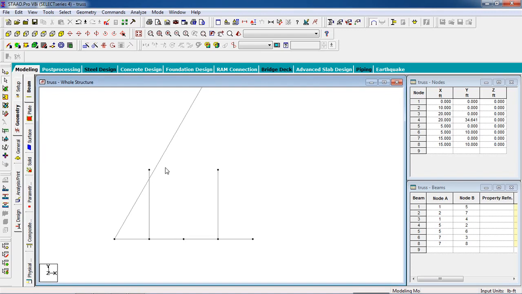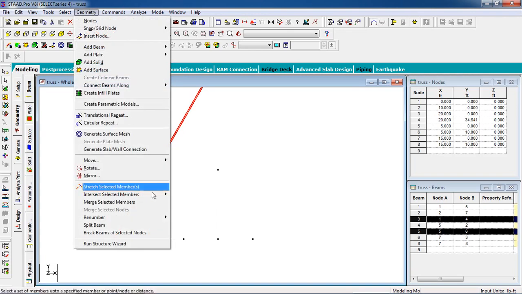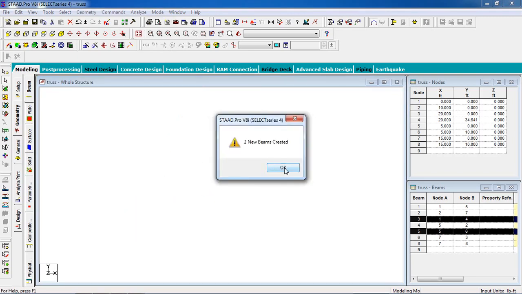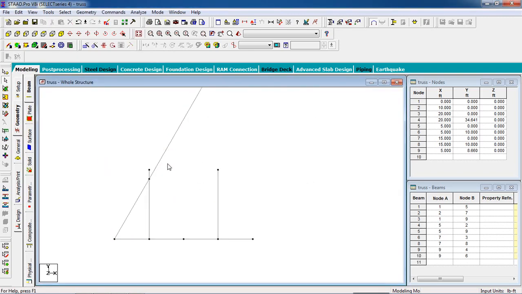Okay, now we have to intersect, we have to cut the member. So go to geometry, go to insert selected members, select insert, and you will divide it into 4 beams.